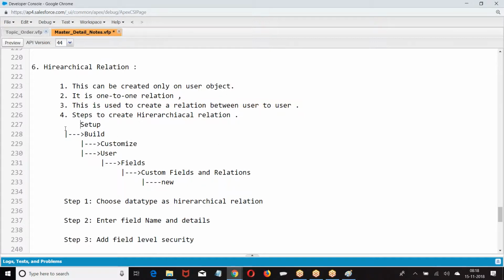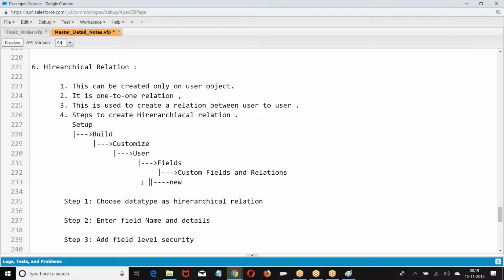Steps: setup, build, customize, users, fields, custom fields and relations, new. Then choose the data type as hierarchical, enter the data.